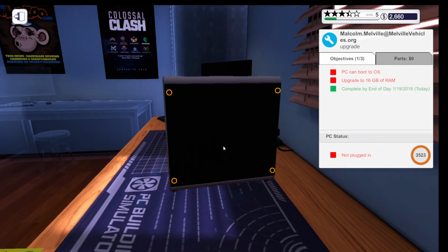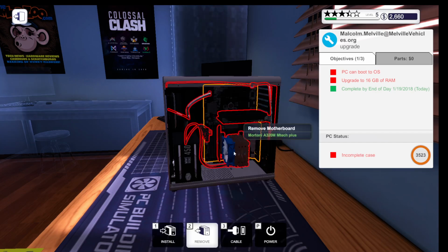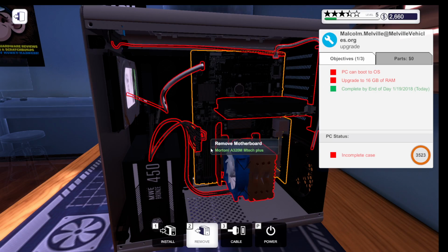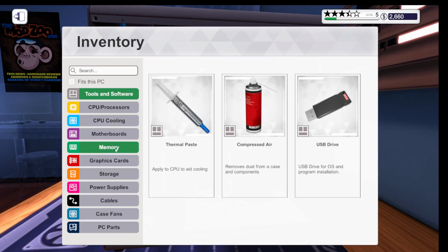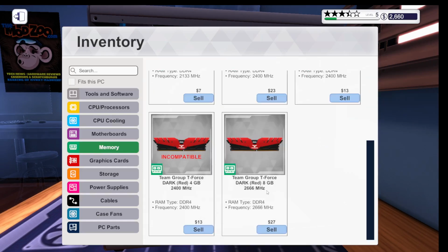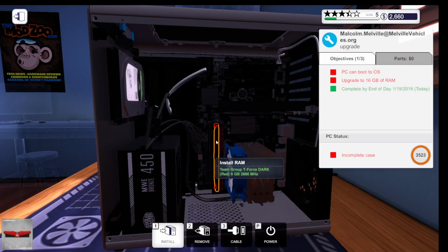So I'll remove this side panel and unscrew everything to get it off, and then okay, so you can see right here is where you put the RAM. So I'll go to memory, and okay, so this is the one that I ordered, and then I have to open the clips,